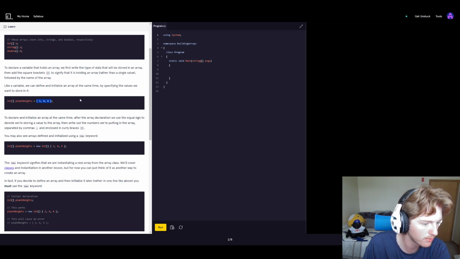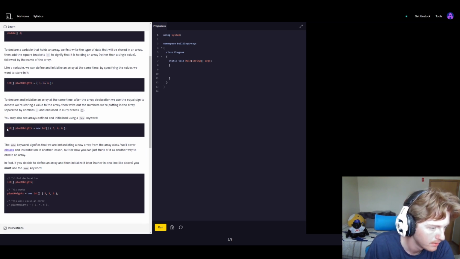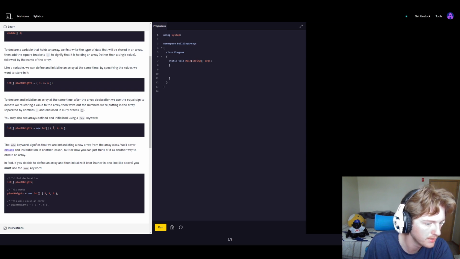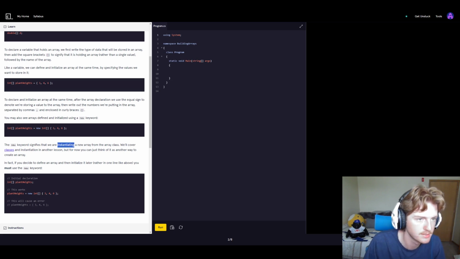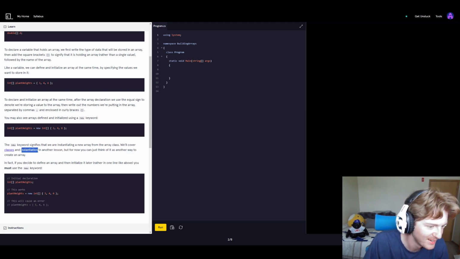You may also see arrays defined and initialized using a new keyword. So in this case, we have int plantHeight is equal to new int curly braces. The new keyword signifies that we are instantiating. This is a good word to look up, guys. Instantiate. Instantiating a new array from the array class. We'll cover classes in another lesson, but for now you can just think of it as another way to